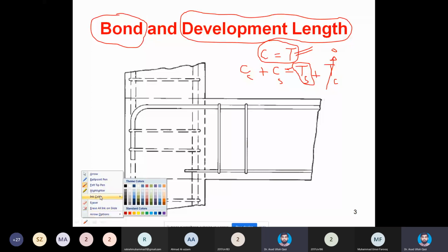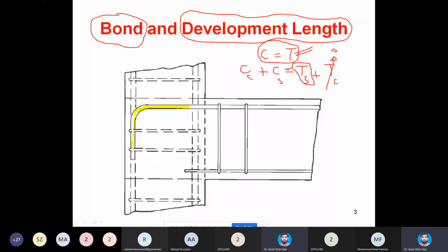Okay. Now, if I highlight this bar, this bar is anchored in the concrete, and then it is made continuous in the beam along the span, and there is a positive steel present in the beam. We can understand that it means this beam column joint will be subjected to hogging moment, and there will be tension at top and compression at bottom,